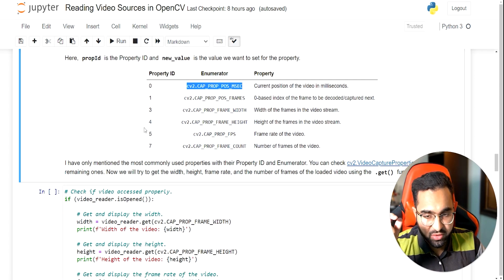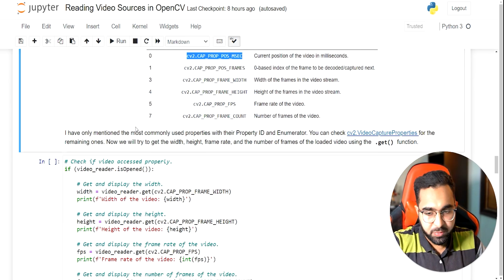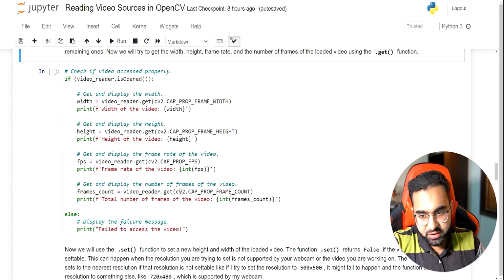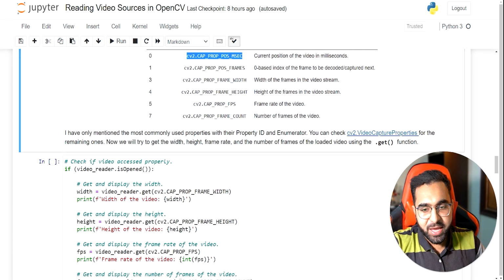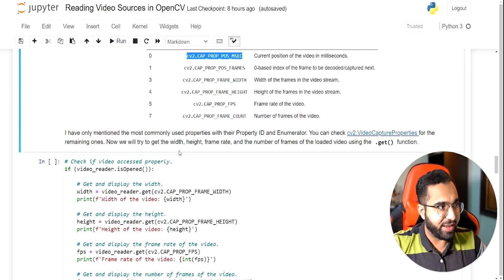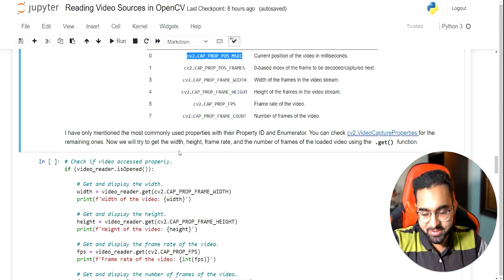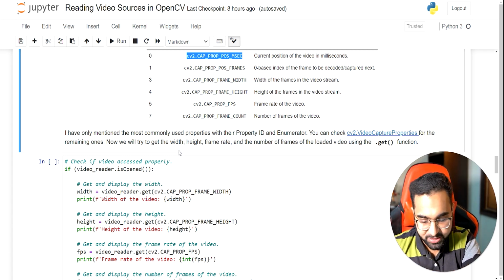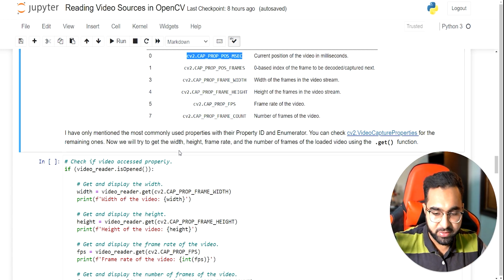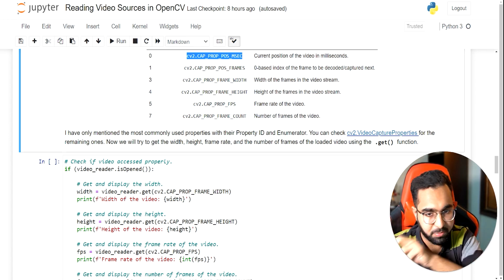As I said, I can't stress enough how important these properties are, and I see a lot of people not even utilizing this. I've seen people, if they want to process a certain segment of a big video, first go in and crop out the video and create that segment, save that segment on the disk, then read that segment with OpenCV. Instead, what they could have done, and save a lot of time, is just read that segment directly from OpenCV without getting a video editor to cut that part out.